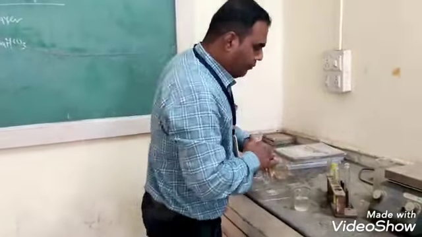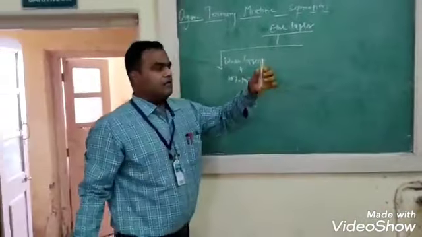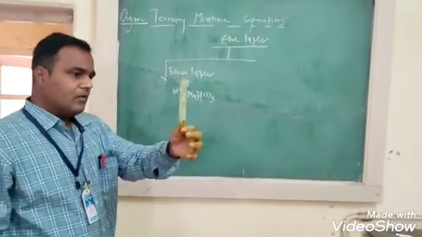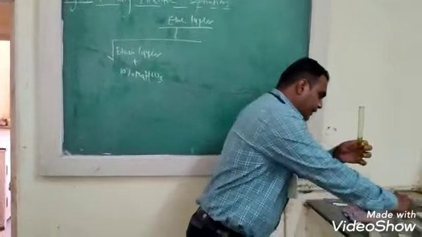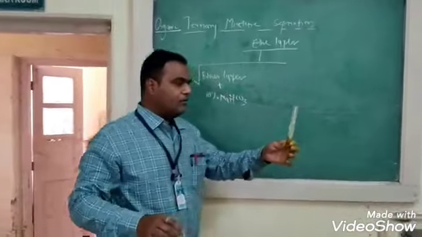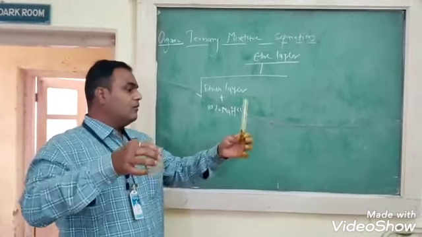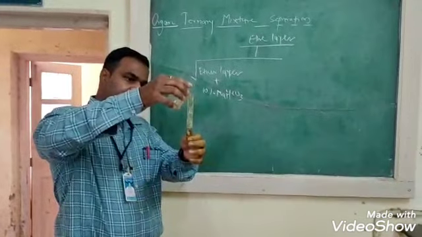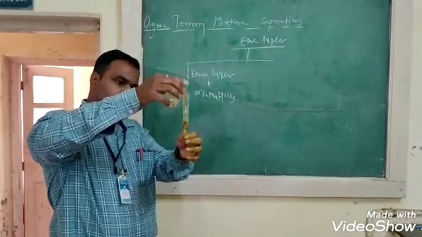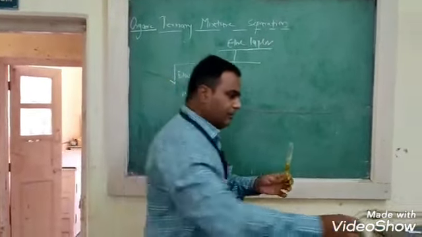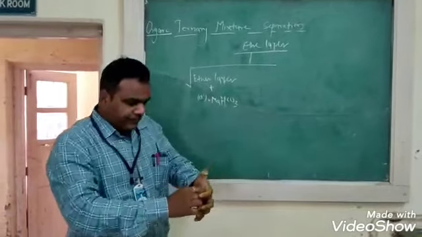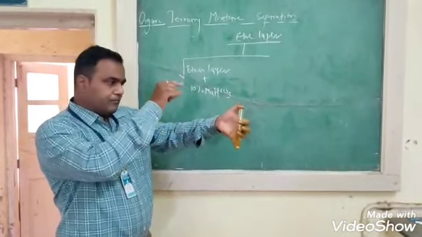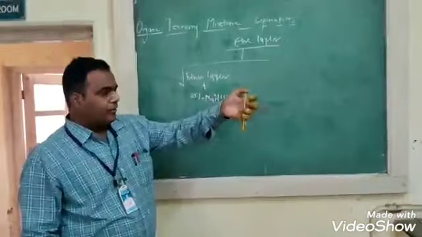Now the remaining two components are present in this ether layer. For that purpose, we add NaOH here, because NaOH is a solvent for the next component, that is the phenol component. Now if we add NaOH here, and the given mixture contains phenol, then there is a dissolution of that phenol component into the NaOH.